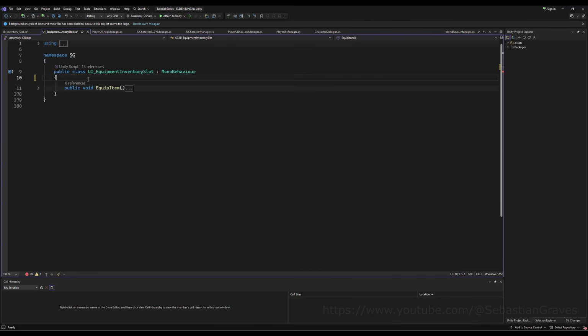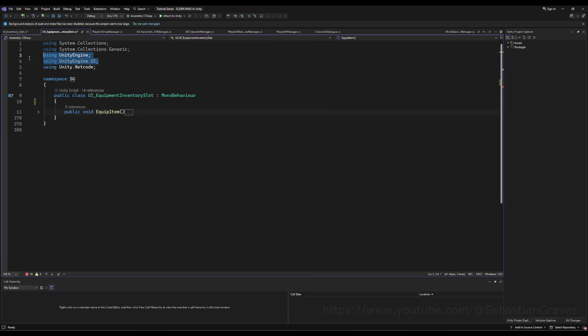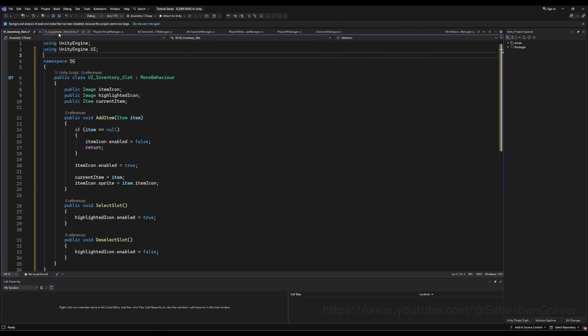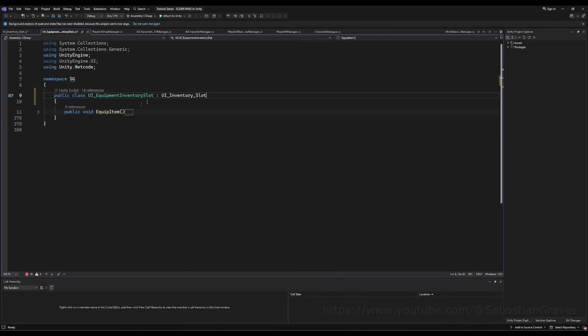Now I don't know why that was serialized and public. I'm guessing I changed it to public later. Let's make sure we drop in using Unity Engine UI. And now let's make this derive from UI inventory slot. Cool, now we have this base class we can use, and we can make a new class for our shopkeeper slot